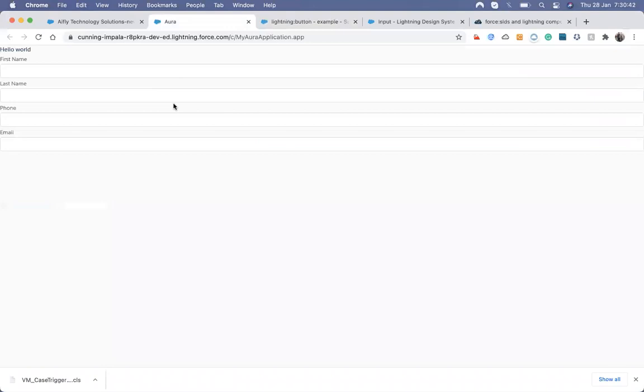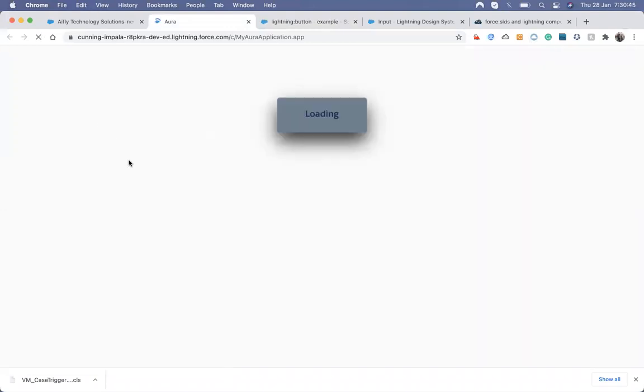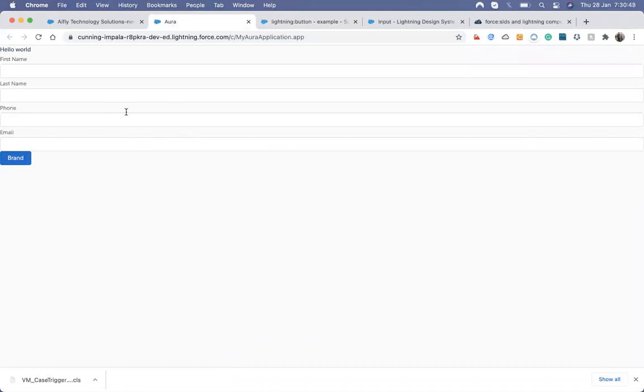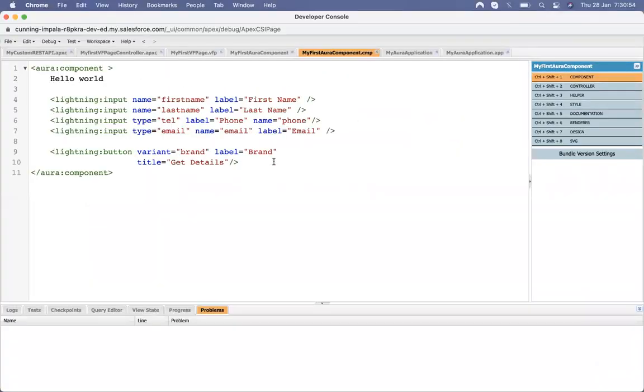When I preview up here, it's reloaded. So I can see my button available up here, and there's no issue, it's working. So as I told you, for any action that needs to be performed, I need to go to the controller file. So let's first create an action. Suppose when I click on the button, we have to perform some action. For that, we first bind that click to our button. So what we write is onclick and then inverted commas and c.handleClick. C is for controller, dot handleClick.